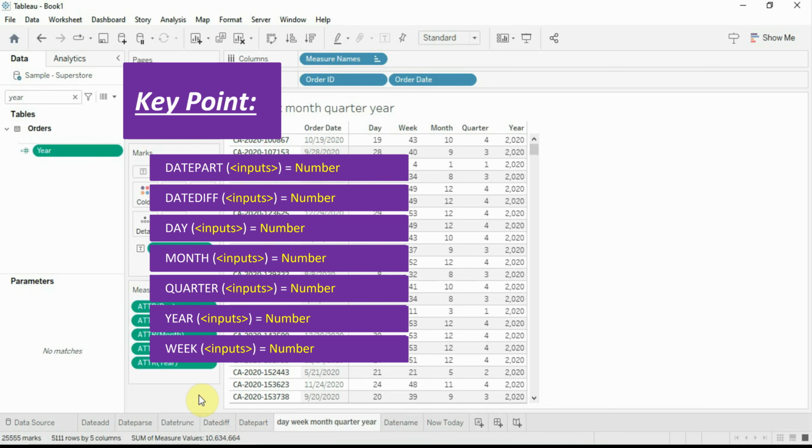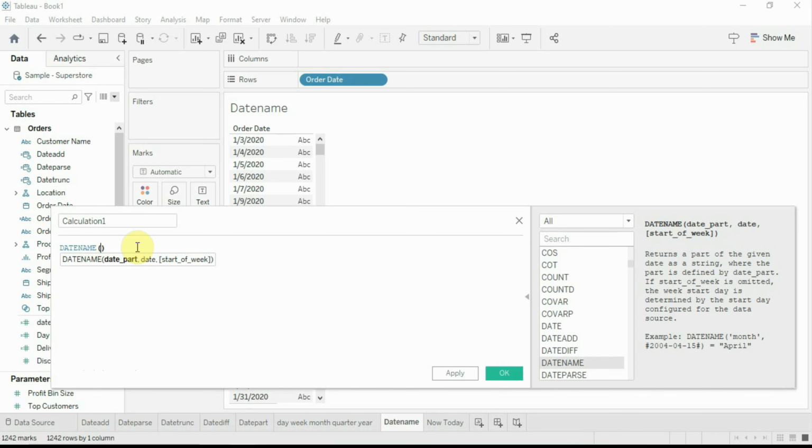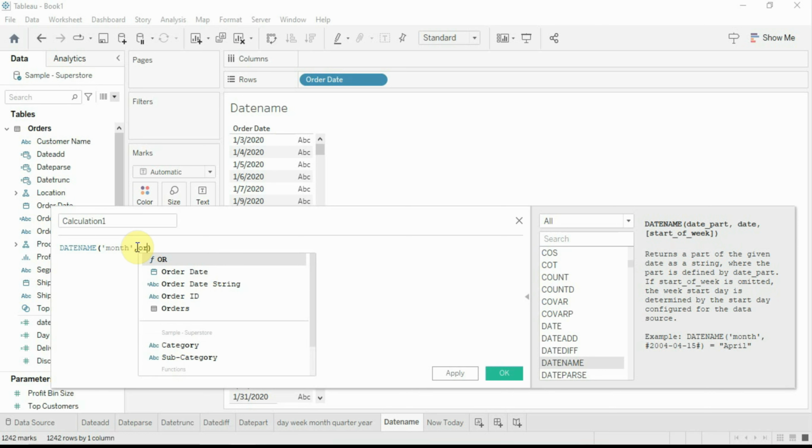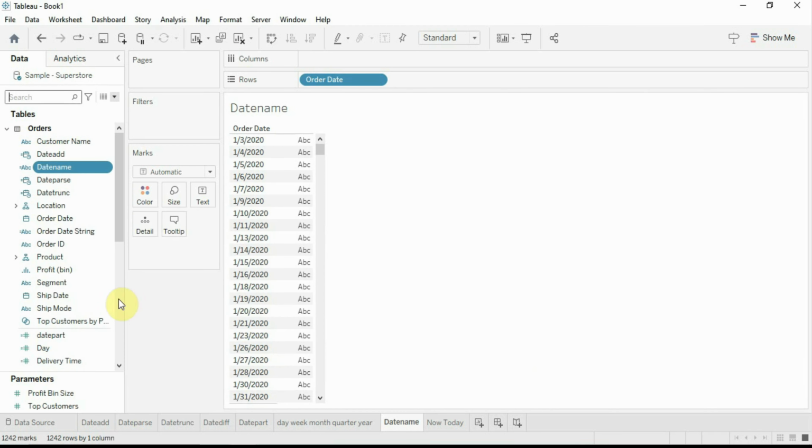Create a calculated field, type date name, write month as the date part and choose order date as the date field. Name the calculation as date name. Drop this calculation in the text. As you can see, the date name function is returning the name of the month of each order date.